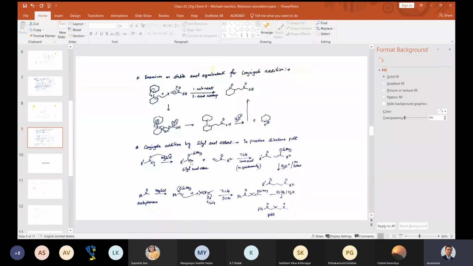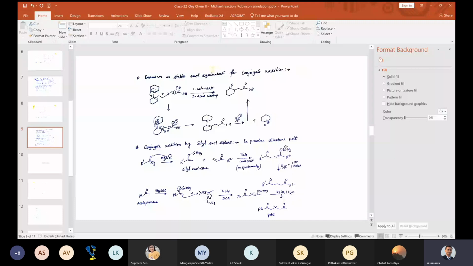So this is your enol and this is your silyl, and this is basically an ether kind of linkage because you have silicon here. So this is called silyl enol ether. This is a stable enol equivalent. With this, if we take a Michael acceptor in presence of some catalyst, so TiCl4, this catalyst activates this Michael acceptor a bit more, so that this enol ether could react to this one in a facile way. This is the product.